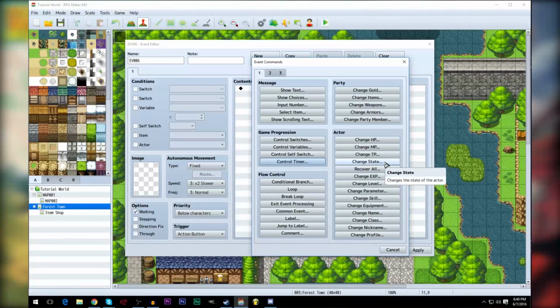Say there was swampy water and you had them walk through it, they can become poisoned because of that swampy water. That's how you would change their state. And then obviously you tend to use the recover all function. Change experience,